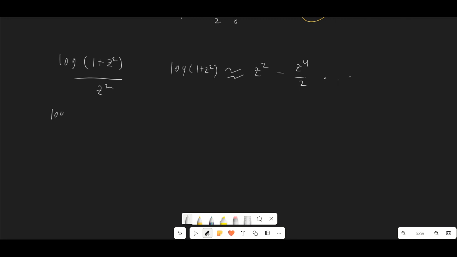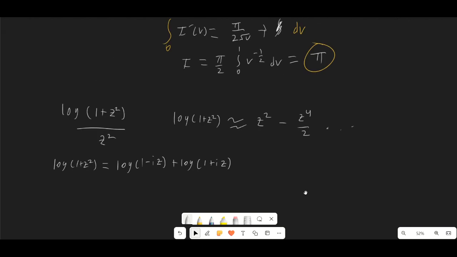Let's write log(1 + z²) = log(1 - iz) + log(1 + iz). And this is valid, I believe, when the imaginary part of z is greater than or equal to 0. I'm not entirely certain about that, but we can check when we do our integration. So in terms of actually solving this integral, first of all, let's look at our original integral